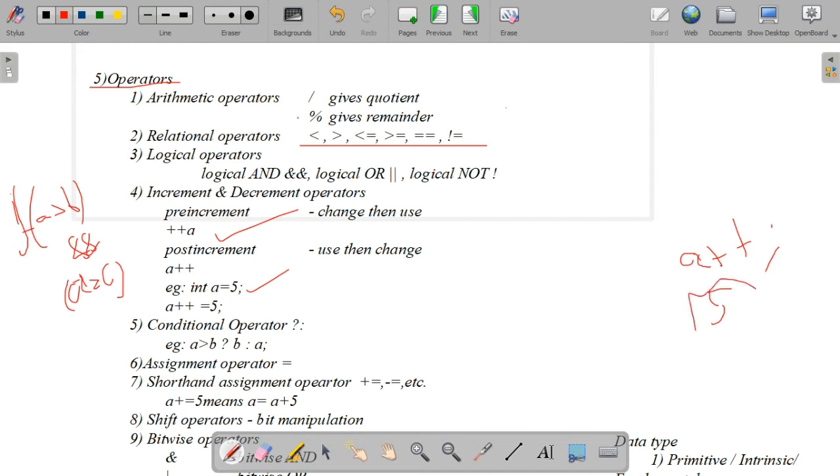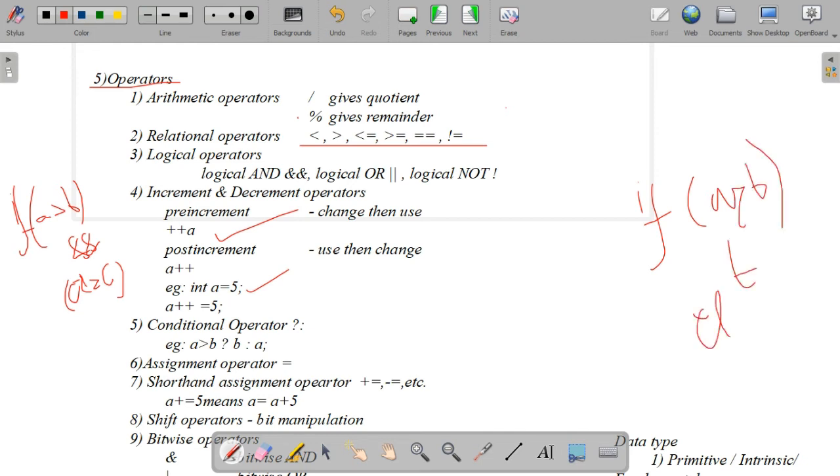The next one is the conditional operator. Instead of if else, we can use this conditional operator. If a greater than b, we need to display the value b, else we need to display a. This is the statement we would use in the case of if else. The same we can write using the conditional operator: a greater than b, then question mark, b.